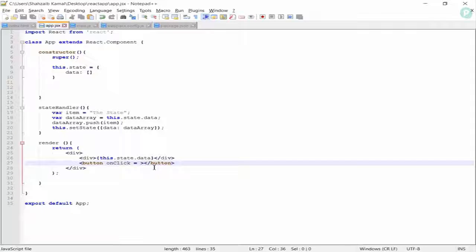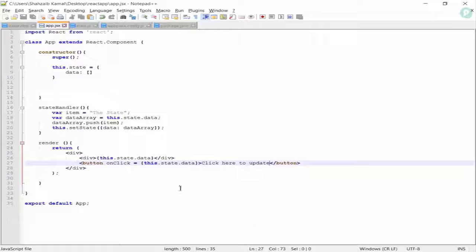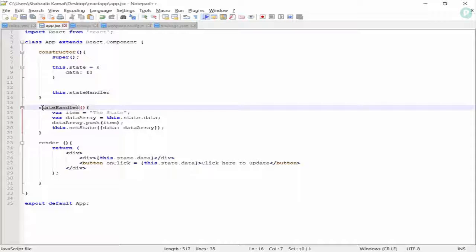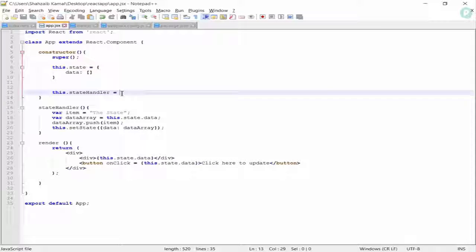So there I'm going to make something like this.state.data. Okay, now onClick I'm running this one, and here I'm typing click here to update. Save. Now go to the browser, refresh that, click there, and nothing happens. That means something's wrong. We forgot something here. I said that I'm going to add something more to the constructor, but I forgot to add this.stateHandler. This.stateHandler equal to, I'm going to bind this manually to this.stateHandler. This.stateHandler.bind